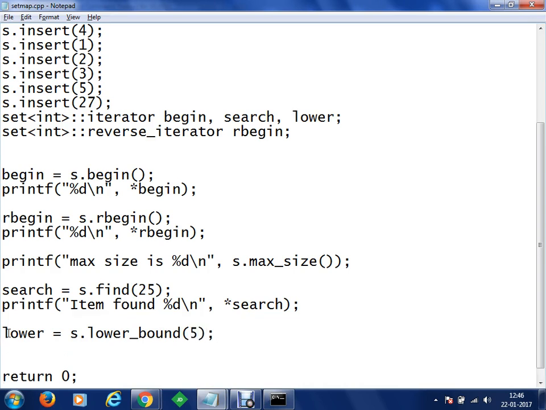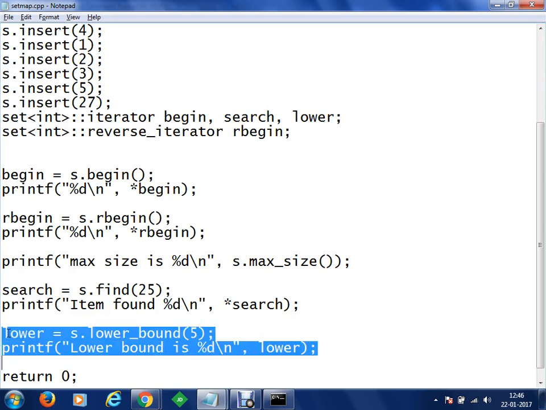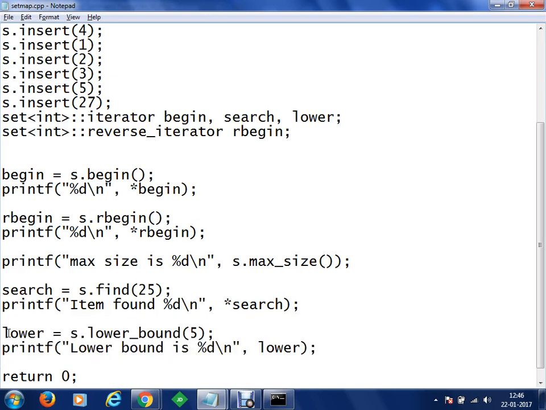And then what you have to do, let's say you are going to print out "lower bound is %d\n", and you can have something like lower, and in the same way we are going to print the value which will be returned. Oh sorry, yeah, it's a pointer.